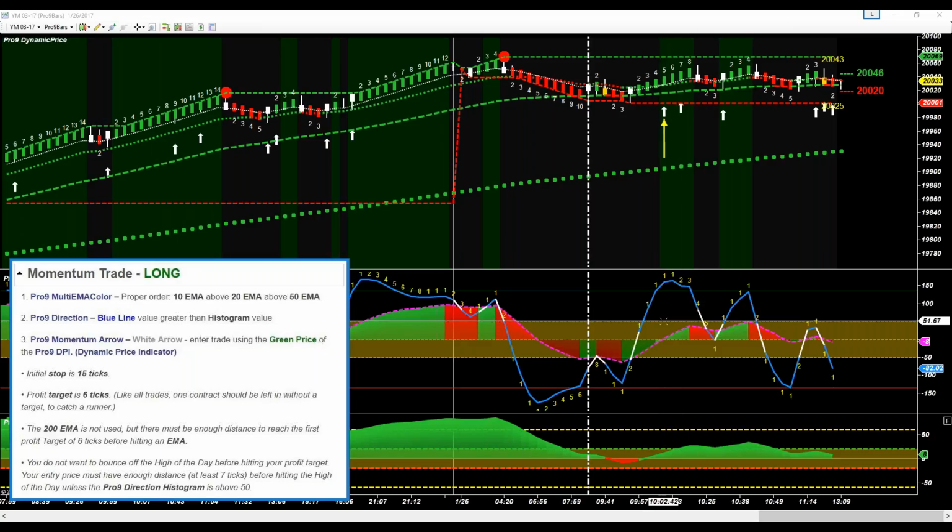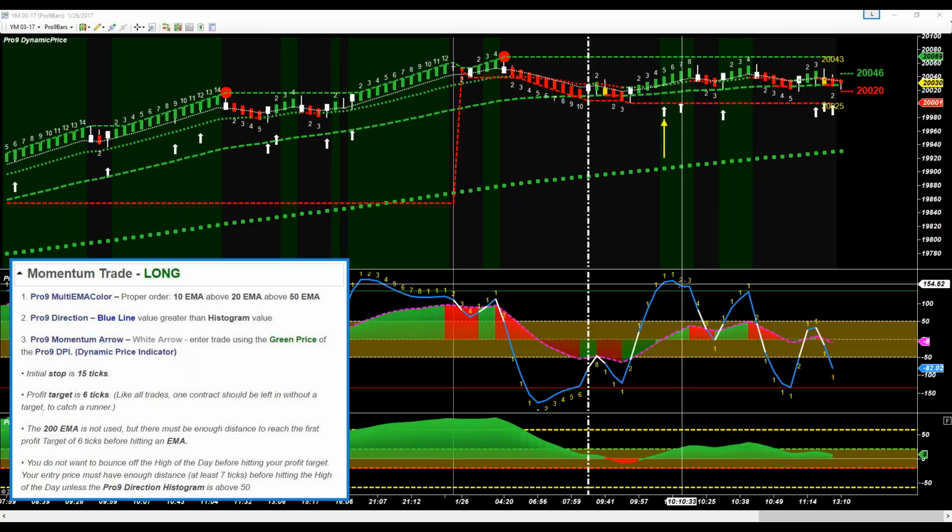But we are always trying to look for ways to improve the rules so that they are as clear as possible. So we added this purple line to the direction histogram recently, as I think the histogram throws a lot of people off, as we do have this full body between the 0 line and the edge of the histogram. But remember, this is really just a visual representation of a value, and that value is dictated by this purple line. That's the value we're concerned about. This range in here is really just visual. So